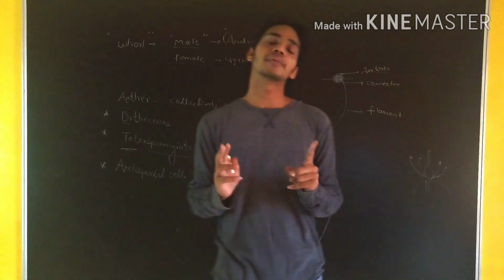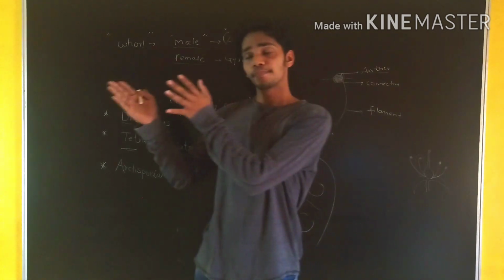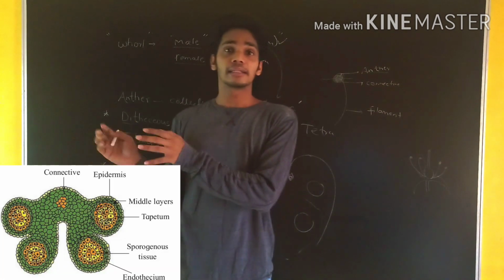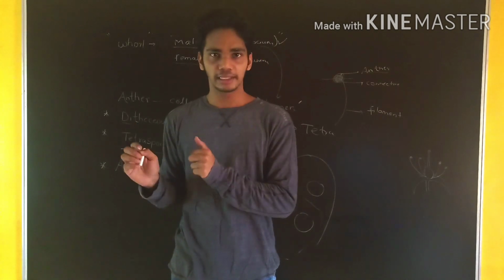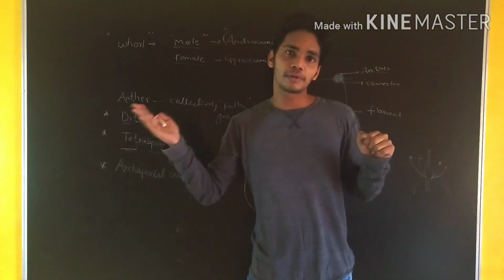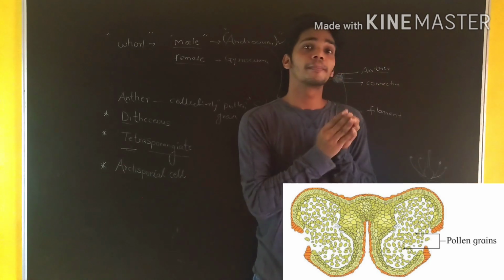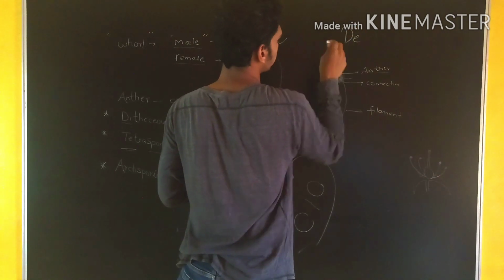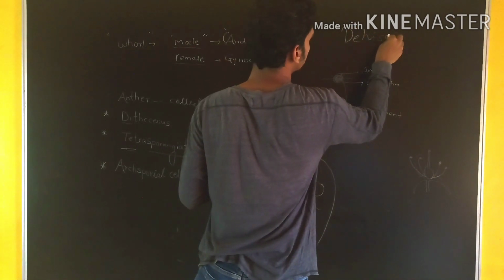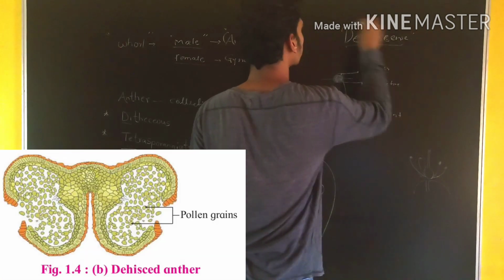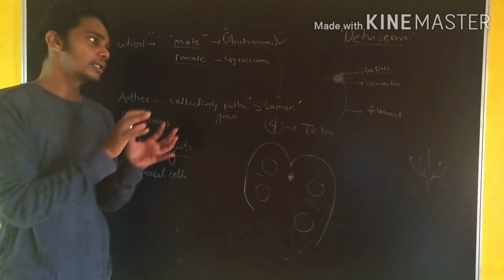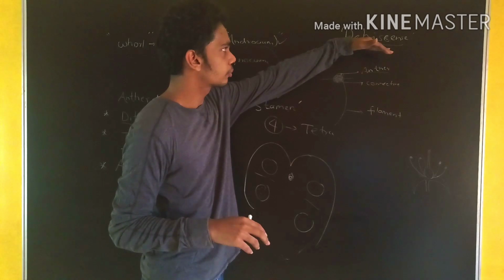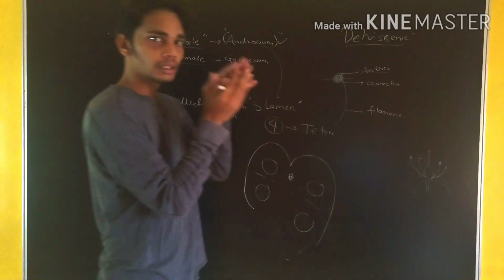There are two classifications of the anther: before maturity, or immature anther, and the mature anther. The immature anther possesses the process of development of the pollen grains. When you transform immature to mature, the mature anther breaks open after maturity. What is breaking open? In scientific language it is called dehiscence. Dehiscence means the breaking open of the anther, releasing the pollen grains, which will spread over the female whorl.